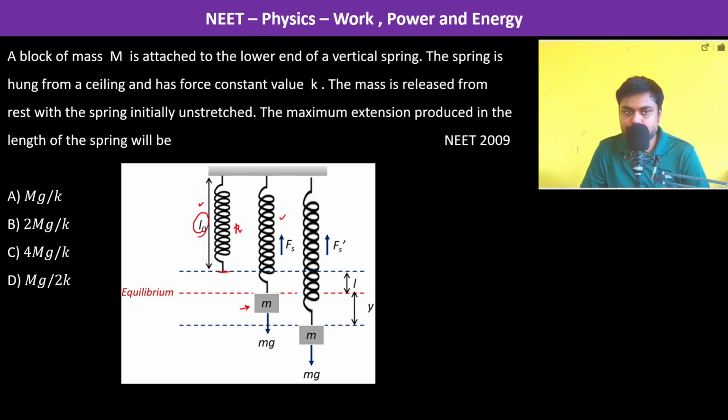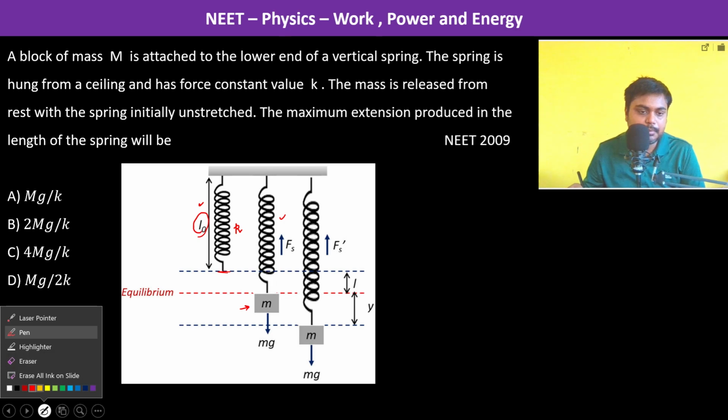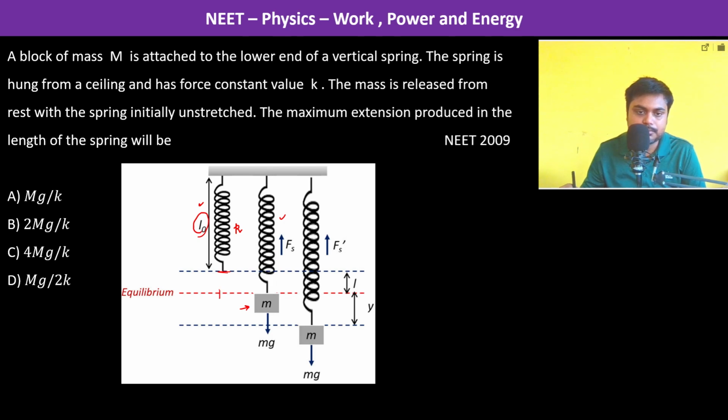The maximum tension produced in the length of the spring will be? Now when the mass starts coming down, it comes here. This is the equilibrium position, where mg is equal to kx naught. So x naught is equal to mg by k. This is the equilibrium position, and since it has acquired velocity here, now